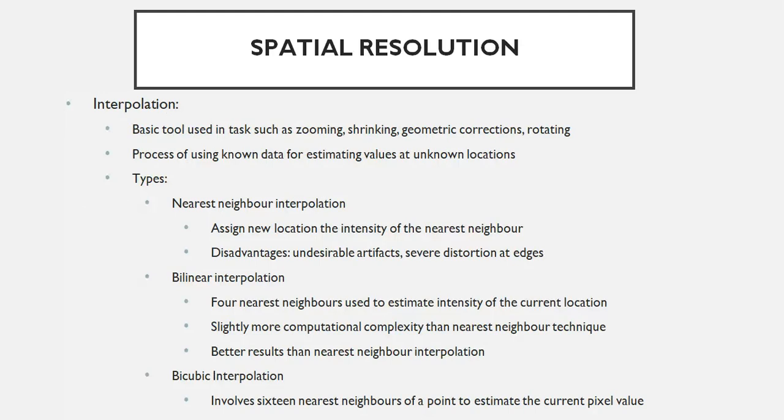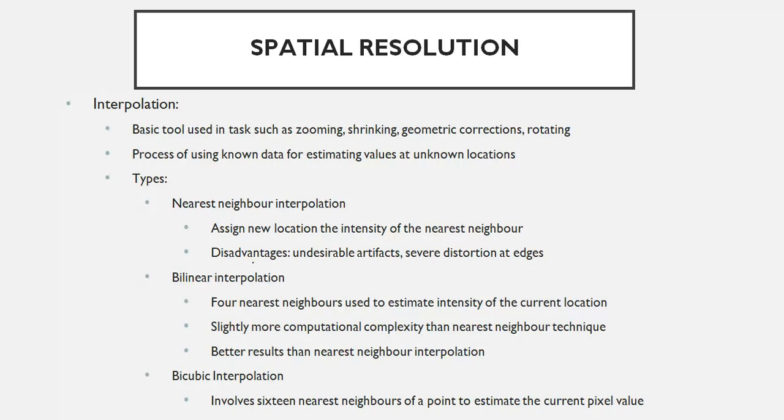Now, when we have downsampled the image by 2, that means we have reduced the number of pixels in that image. If we want to upsample the image now, or get the image back to its original size, then what can we do? There are some techniques by which we can get the original image back, but now the pixel values will not be the same as the original image. They might be near to the original image, but the size of the new image will again become the same as the original image. So the techniques used to upsample the image are nearest neighbor interpolation, bilinear interpolation, and bicubic interpolation.